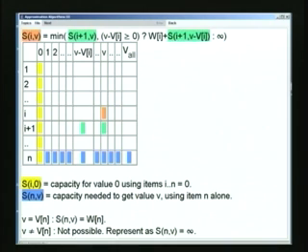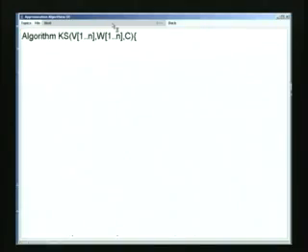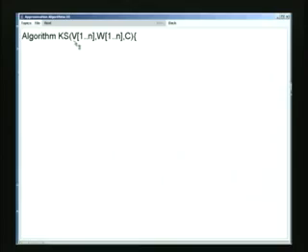So basically now we have expressed the algorithm entirely. We have entries to fill, and there are three kinds of entries to fill. We have these yellow entries to fill, we have these blue entries to fill, and then there are the rest of the entries which we fill according to this recurrence. So we can write down our algorithm. I am going to call my algorithm KS, for knapsack. It's going to take as arguments